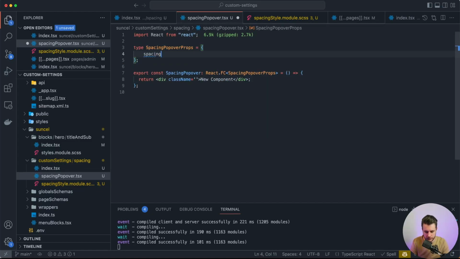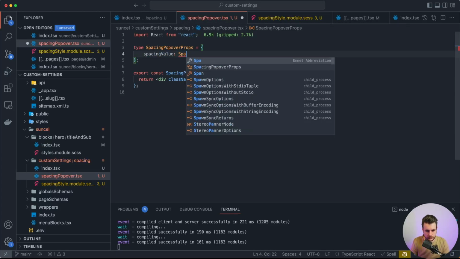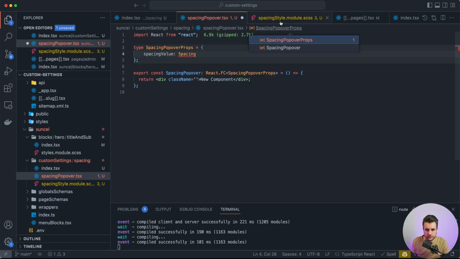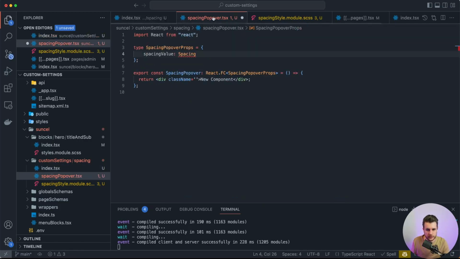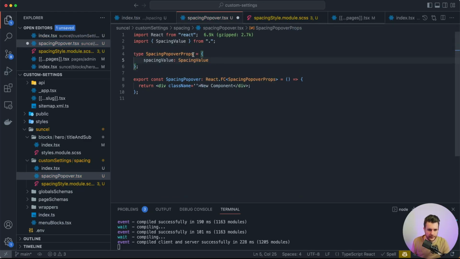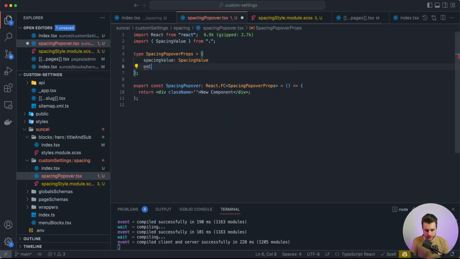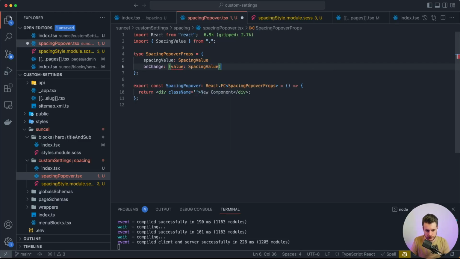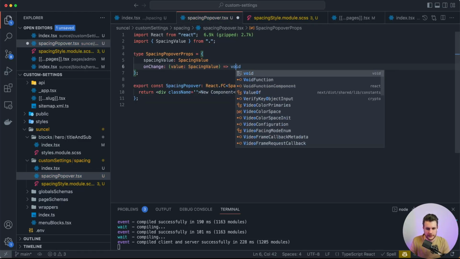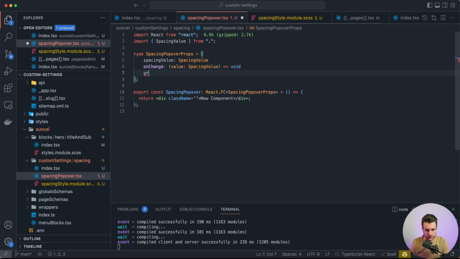It will have the spacing value. Yeah, I didn't export. You have the spacing value. We have the on change. Okay, and we will give the grid area to position